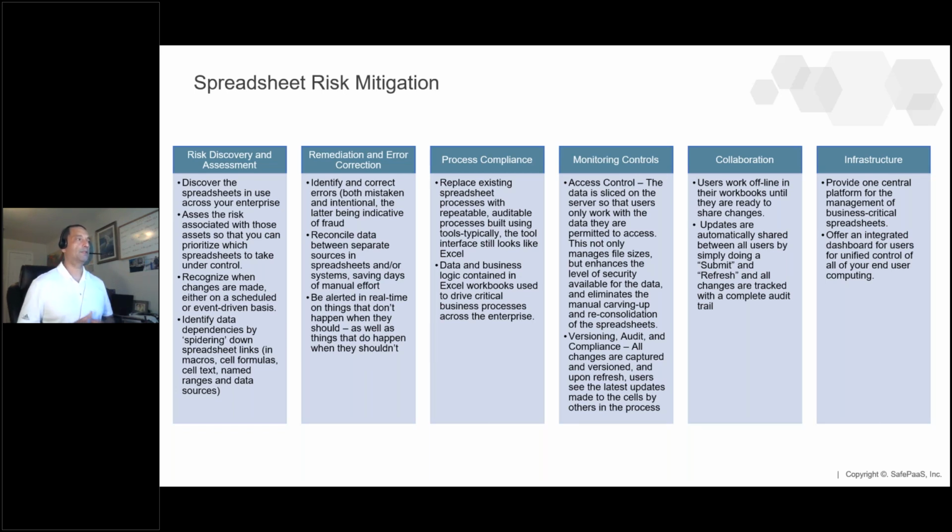So really study those spreadsheets, and we'll show you how SafePath has built some capabilities for you to make it simple so it's automated, because obviously it can be a full-time job to just monitor these spreadsheets. So once you know what the issues are, what you want to do is be able to correct those issues, obviously, and